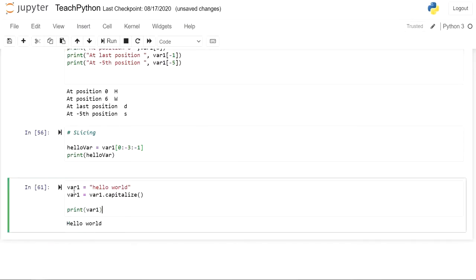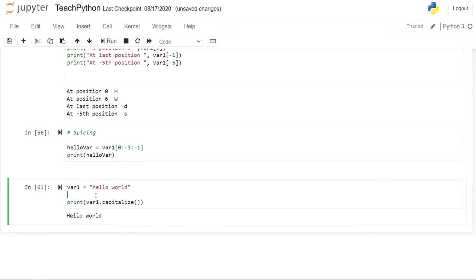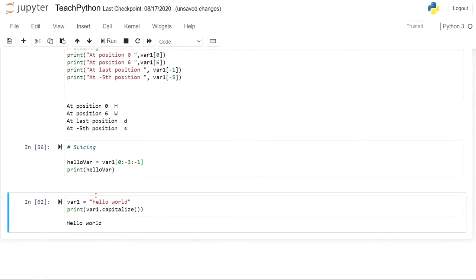So what happened? I declared a variable as hello world, then I ran dot capitalize. Remember, this won't change the original string. You need to store it in another variable, and then when I replace this string and print it, you can see the first letter is capitalized. Now to make it short, we will just copy this and paste it here to remove this extra line of code. Try to write your code in as few lines as possible. Now let's see the next function.